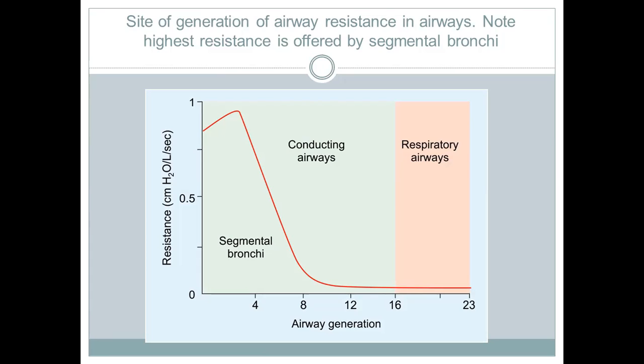The respiratory airways are from the 16th generation onwards, whereas before that there are only conducting airways. This is the largest area where you get resistance, and at the segmental bronchi, up to 8 generations, the highest resistance